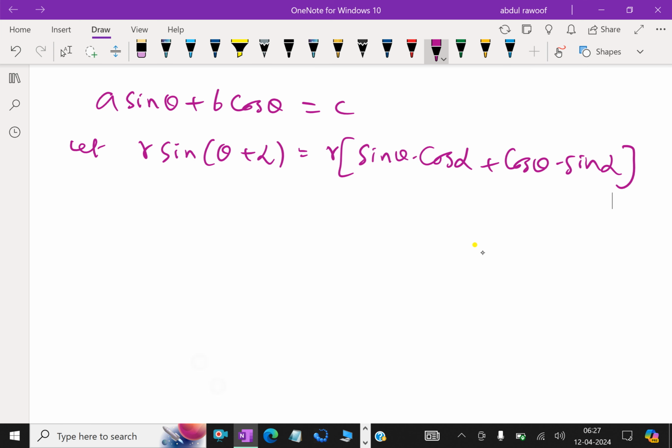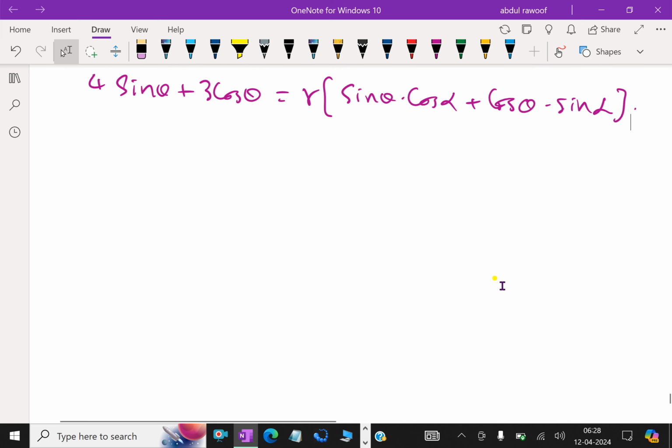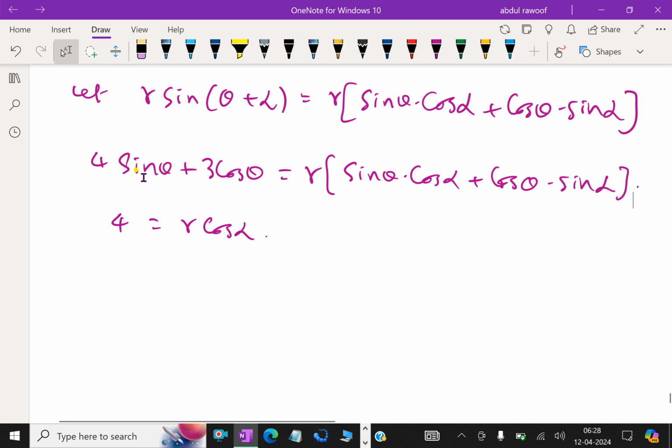That means you are giving the value for this 4 as cos alpha and this 3 as sin alpha. Now comparing the coefficients, we can see 4 equals R cos alpha. Here the coefficient of sin theta is 4, and here it is R cos alpha. Like that, the coefficient of cos theta